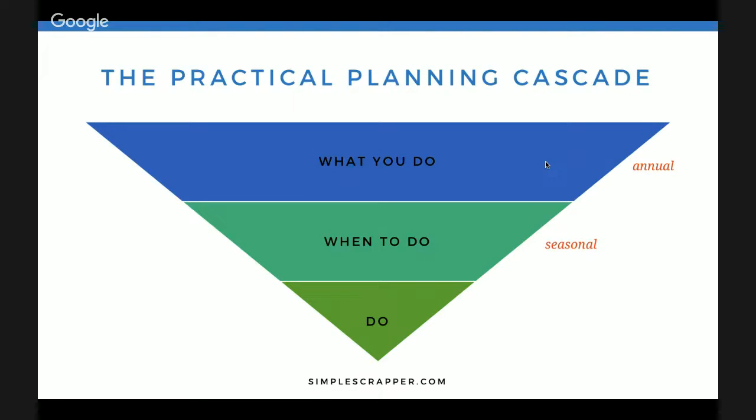So then the next scale is when you're going to do it. And I like to look at this on a seasonal time scale. So every 3 months, you reevaluate when you're going to take action on the types of projects that are important to you. If you start at the beginning of the year and say, I'm going to do this throughout the year, how often does that happen? So often our interest fades by April or May, sometimes even by the beginning of March. So when you take a seasonal approach instead of a full year approach at figuring out when to do something, you actually have a better chance of getting it done.